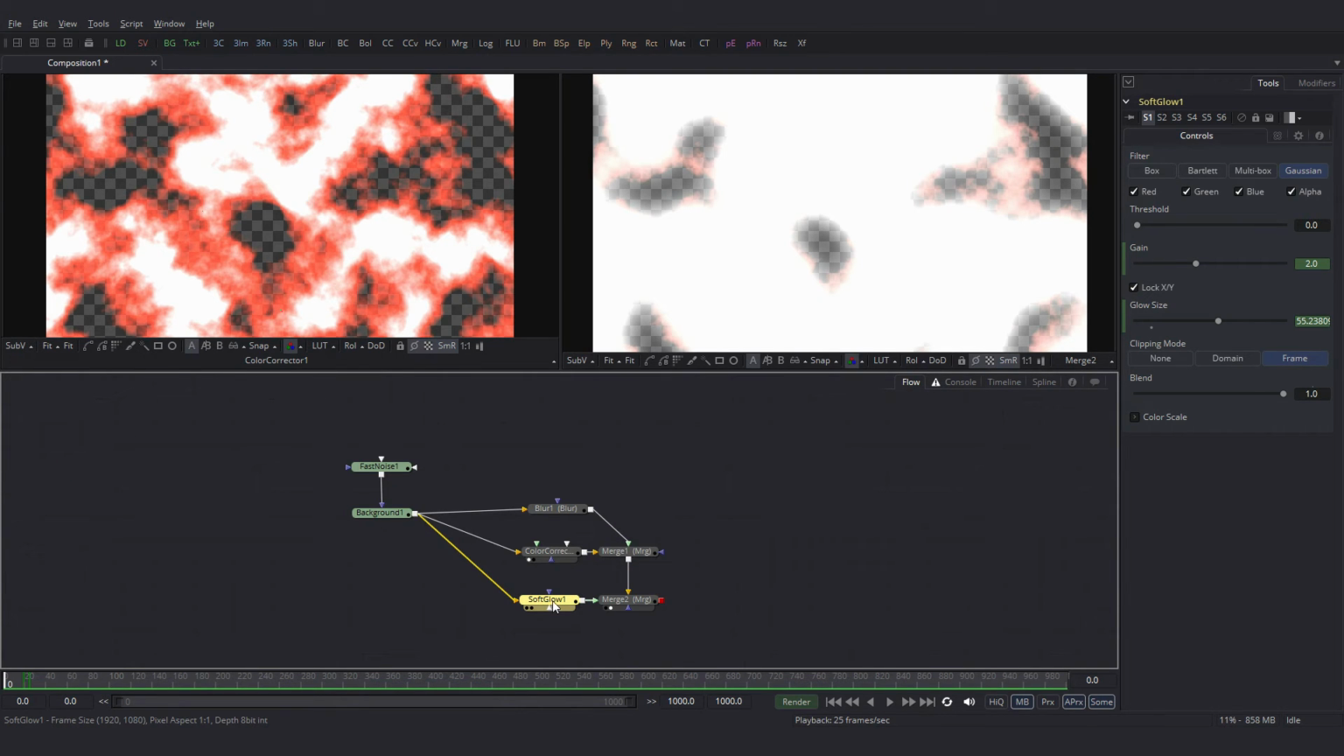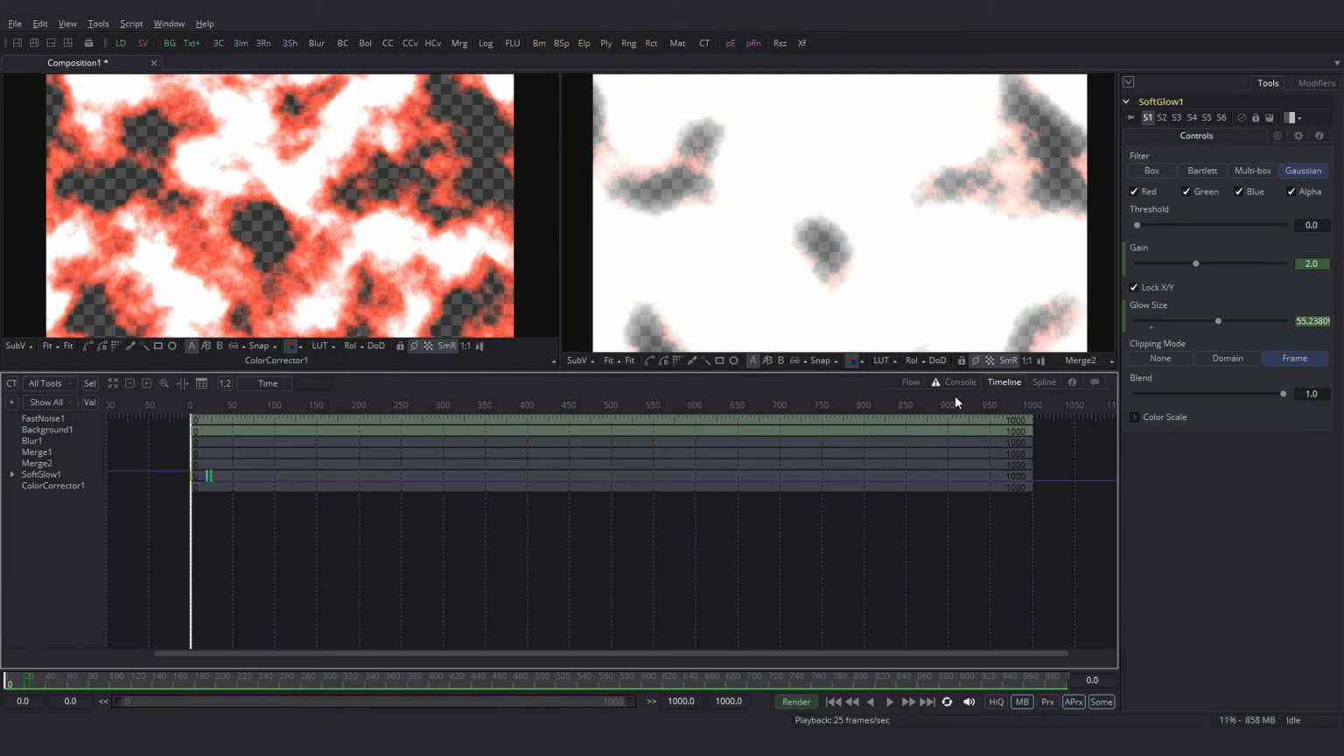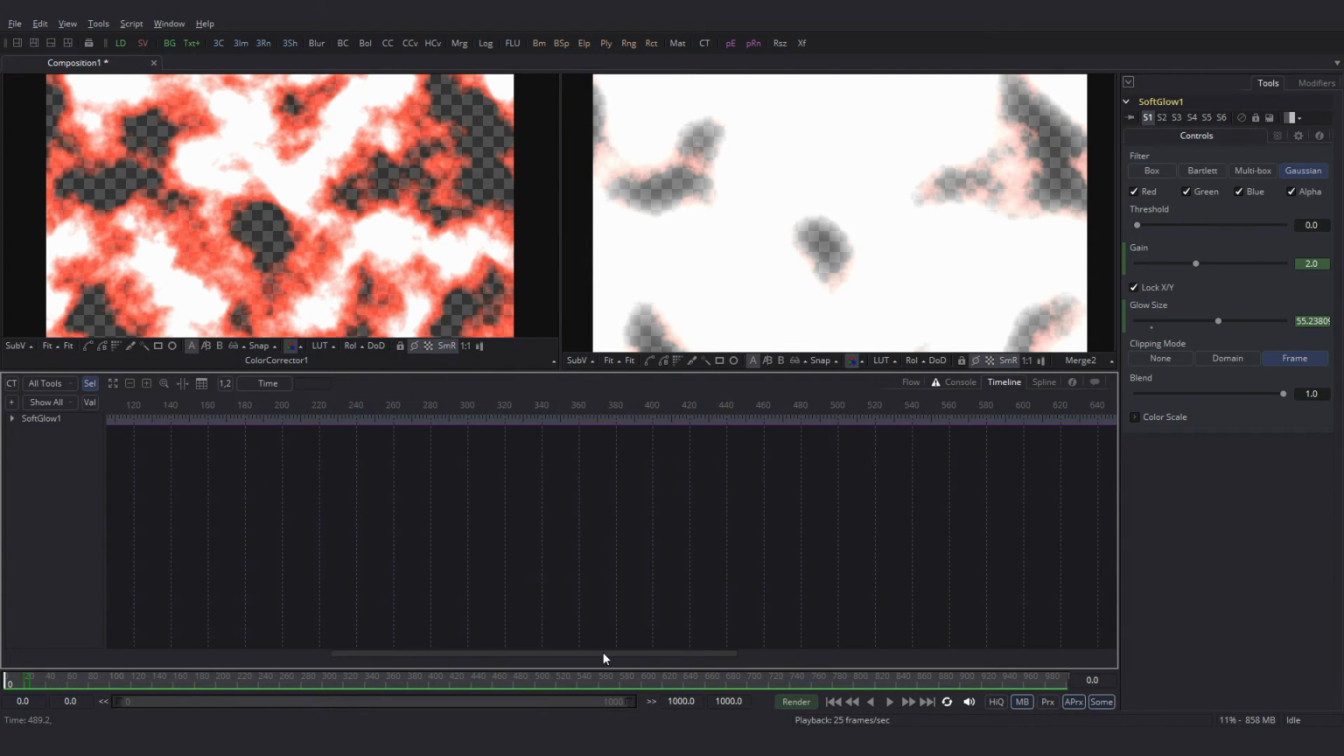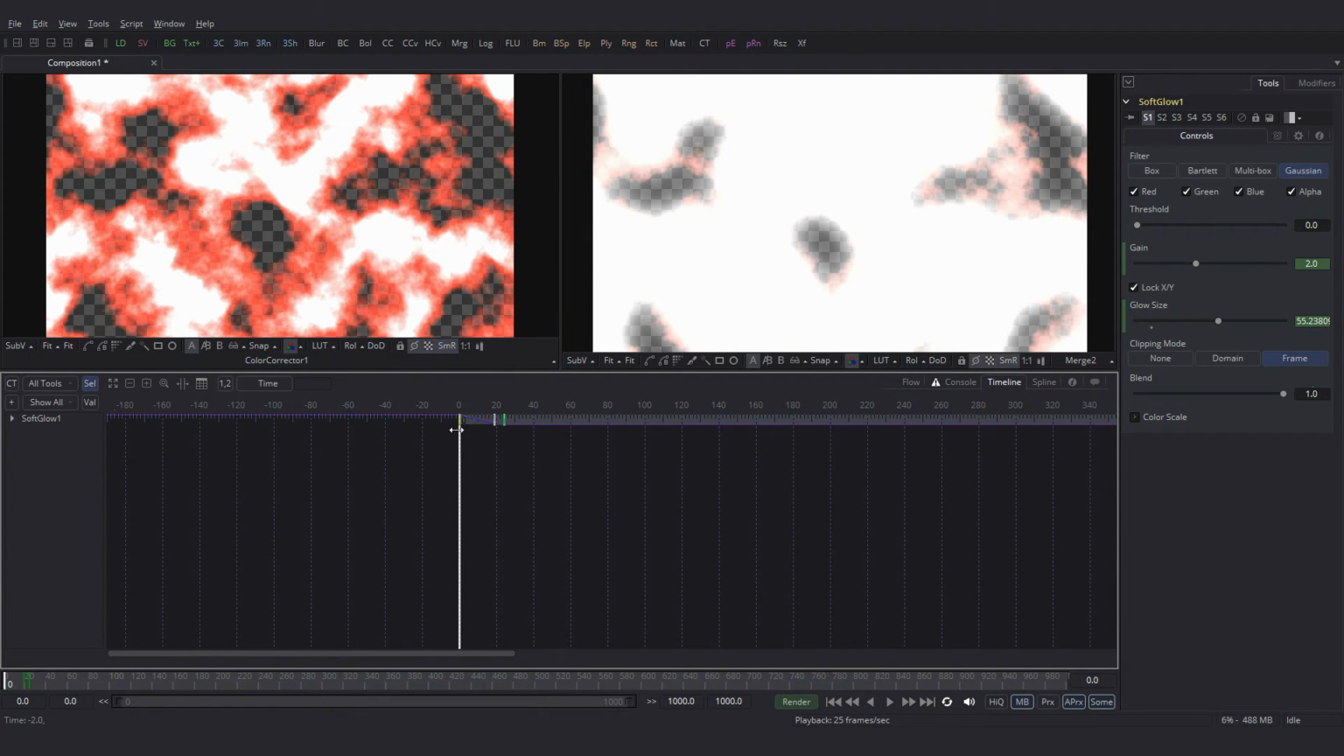Now say I have selected the soft glow, go to the timeline view and click on this selection, and only the selected soft glow will be visible. Now to expand the view, I can click over here and drag and move this bar over. These are the keyframes. Now if I click on this keyframe, click and drag, I can move the keyframe